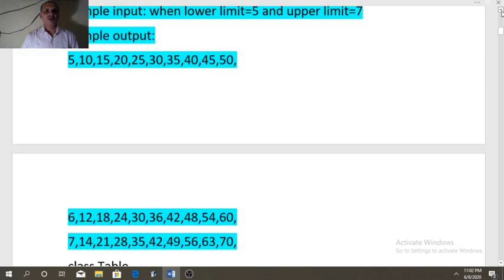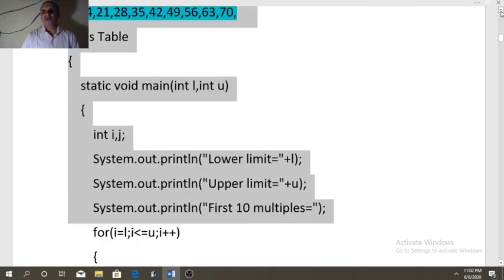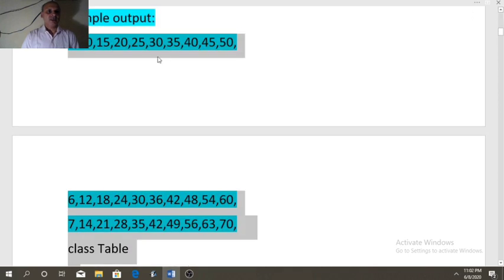Before the nested loop, you should know the outer loop covers the number of rows and the inner loop covers the number of columns. In this sample you can see there are 3 rows, 5, 6 and 7, and there are 10 elements in each row, meaning 10 multiples.